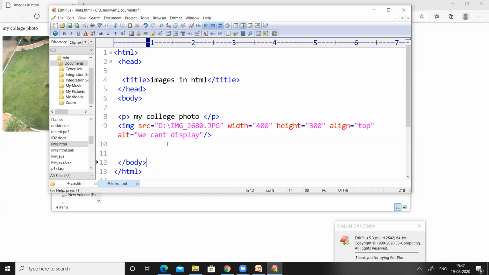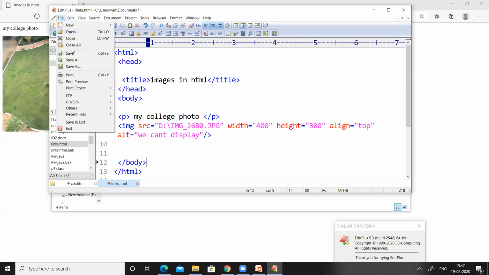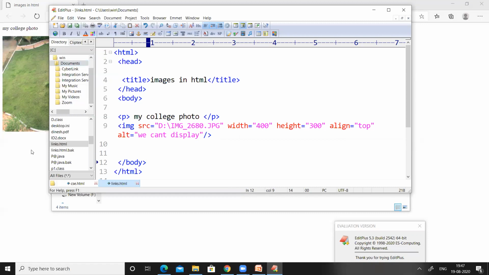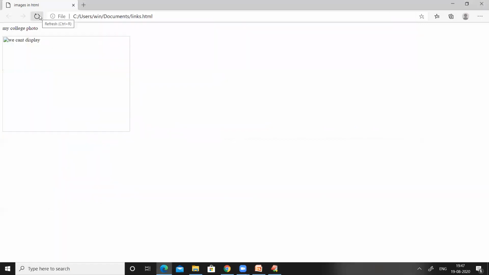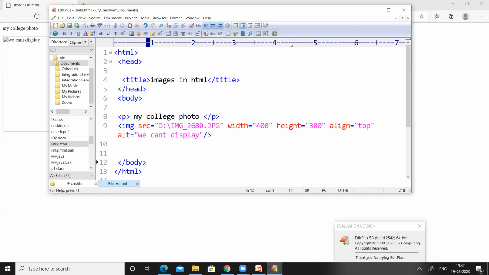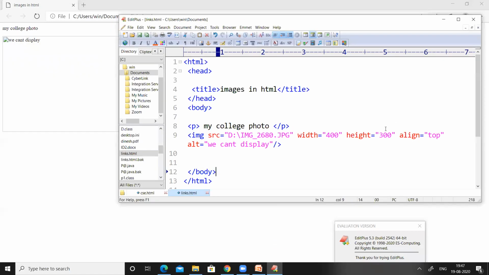Okay, now let us see what happens if we provide a wrong path. Save the code. Now refresh. So here we got a message, we cannot display. Why has this particular message been displayed? Here we have provided alt equal to we can't display.